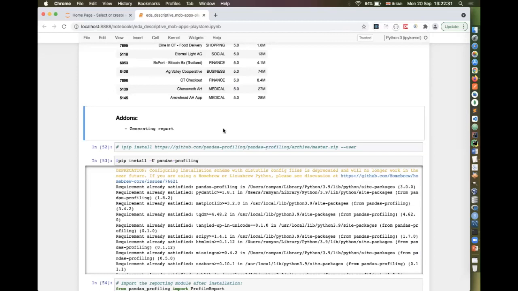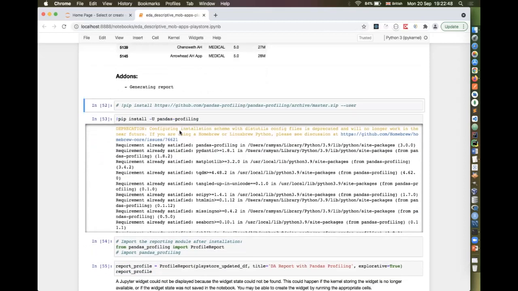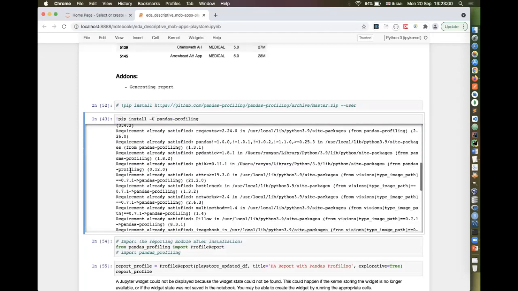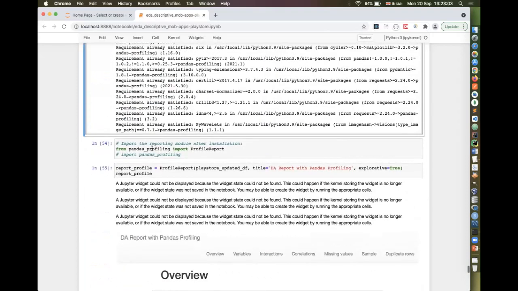At the same time it is an equally important aspect of data analysis: generating and providing the report for the clients and the business team to understand what outcomes and insights are made from this analyzed data set. For this, we need another library called Pandas Profiling. I have already installed it. And using Jupyter Notebook, this is how we install it. Because I have already installed it, it gives me a requirement already satisfied.